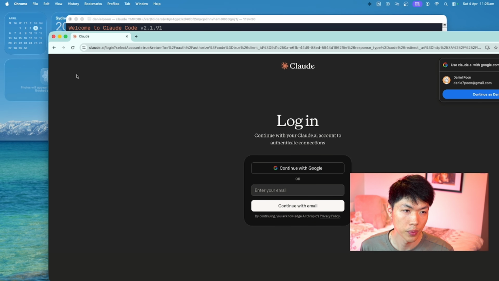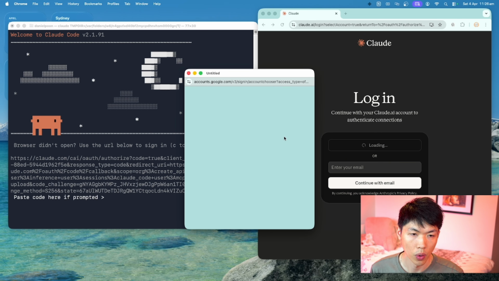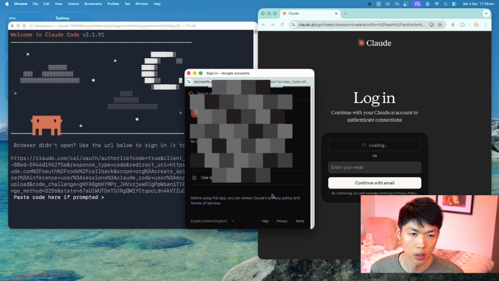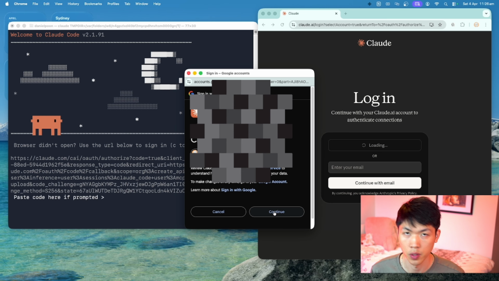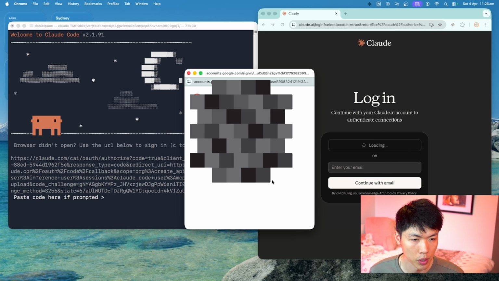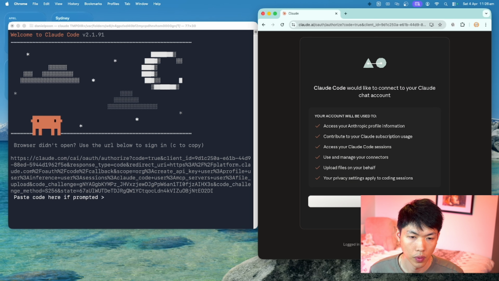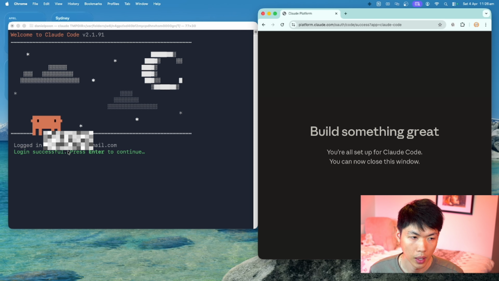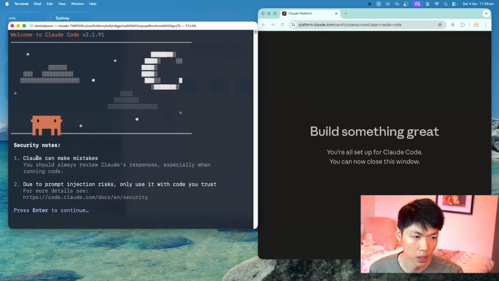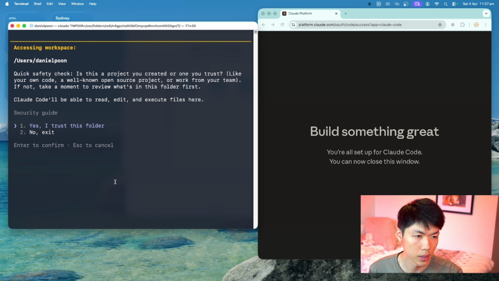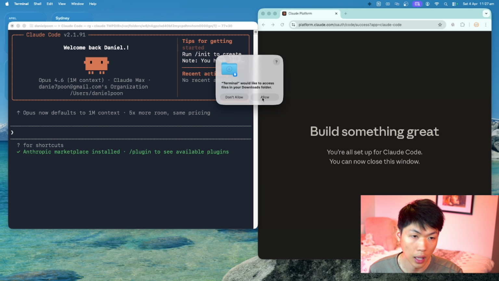Open this up. You want to log in with the Claude Code subscription that you subscribed to. I'm not going to show you how to subscribe. Everyone knows how to get a subscription. So you just log in, authorize, and it automatically detects that. Very easy. Press enter, enter, security, enter. Yes, I trust this folder. Allow,